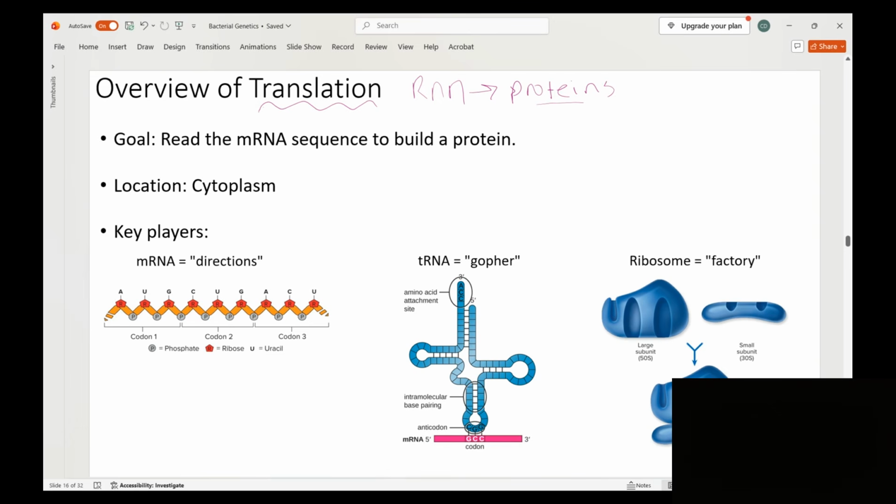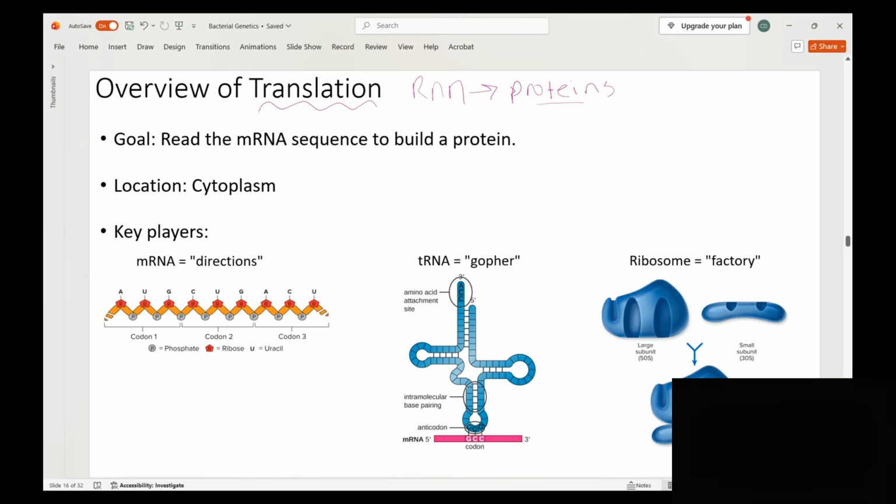Because RNA is made up of nucleotides, but proteins are made up of amino acids. Very different things. Okay, RNA has 4 different nucleotides, A, U, G, and C, but there are well over 4 different amino acids. There's over 20 amino acids. So there's going to have to be some sort of translation device to help us go from an RNA sequence